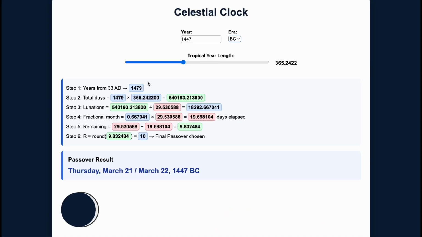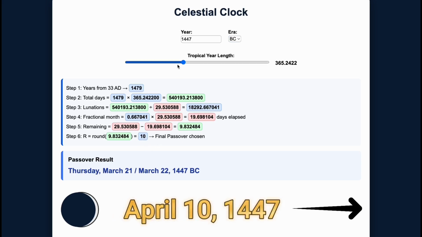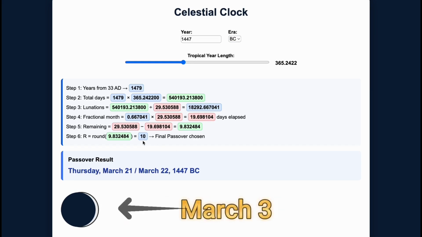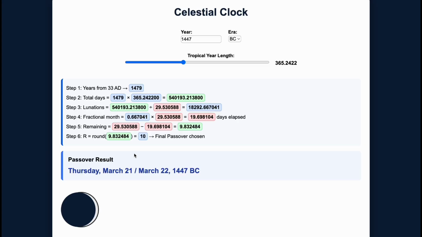Now, there are two ways that we can go with this. If you watch the first part, you would see that you can go, in this case it's 10 days, so you either go 10 days forward from March 31st of 1447 BC or 10 days backwards. And in this case, he chose 10 days backwards. I'm going to show you why it works for 10 days backwards and why it's biblical and how it fits